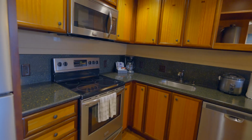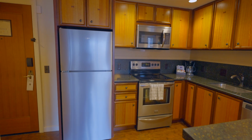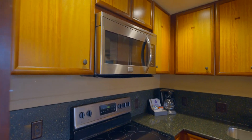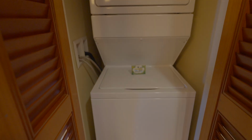Now, coming inside the room, the first thing you'll see to your left is a huge kitchen. Now, because this is a DVC resort, it comes with a lot, including a full fridge, electric stovetop and microwave, a coffee pot with coffee, a sink, a dishwasher, and even a rice cooker. Also, all of these cabinets are fully stocked. Because this is a DVC resort, people are going to stay here for quite a long time. And because of that, right next to the kitchen is a washer and a dryer unit, and it comes with